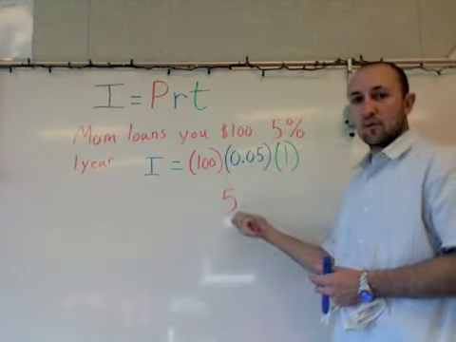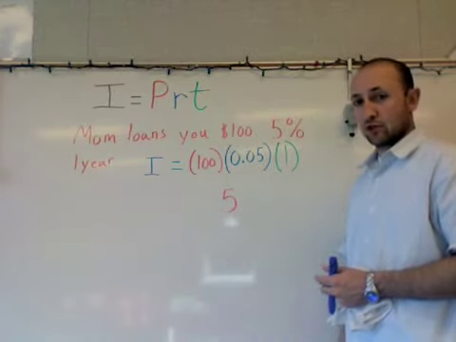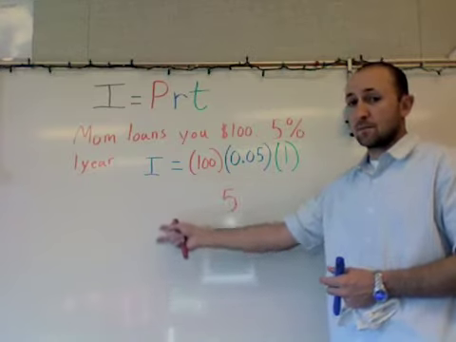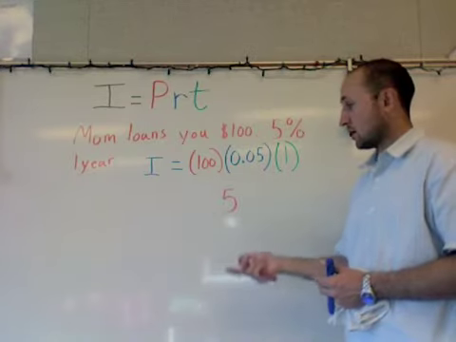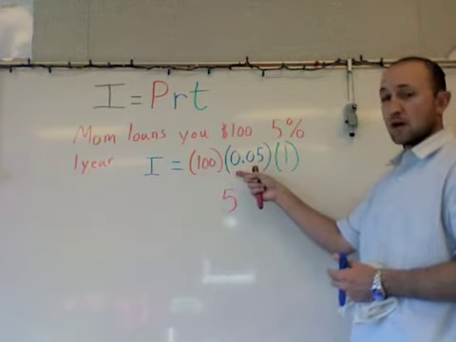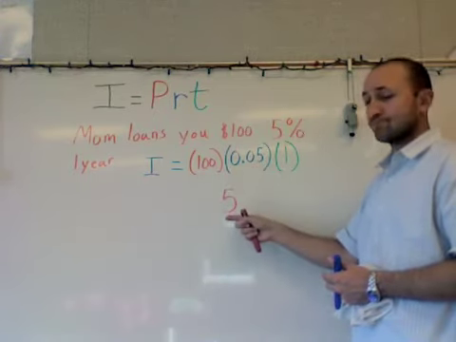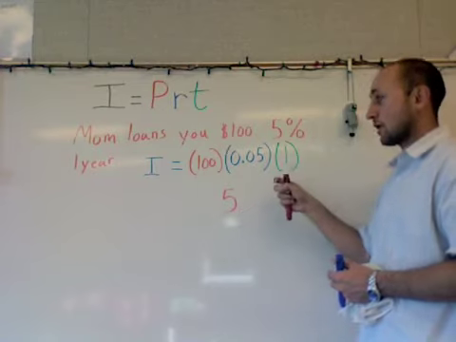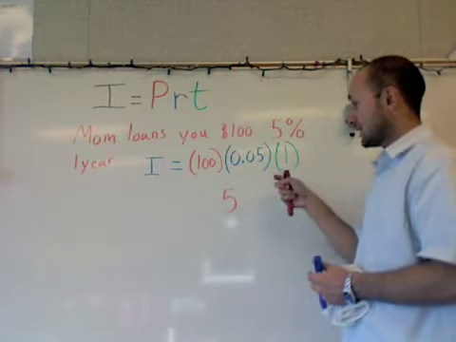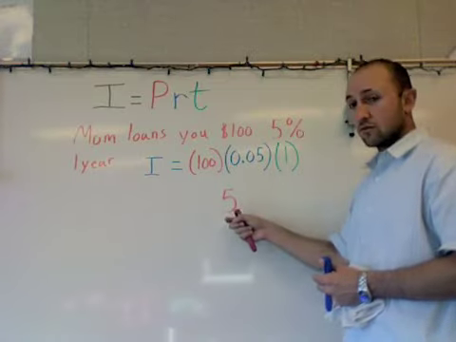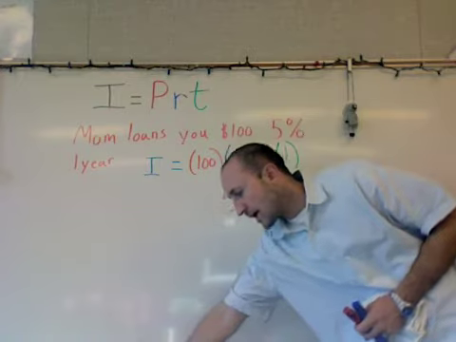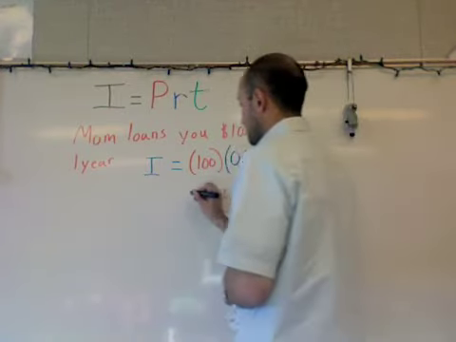Now, don't get scared about that. You could use a calculator if you had the opportunity, or you could write this problem out and do it on paper. I know that every one of you can do that. So the first step is done. I took my principal and I multiplied it by my rate. It gave me 5. Now I need to take this number and multiply it by the amount of time. This is really easy because we know 5 times 1 is 5. So the interest that you end up paying back to your parents to borrow this money